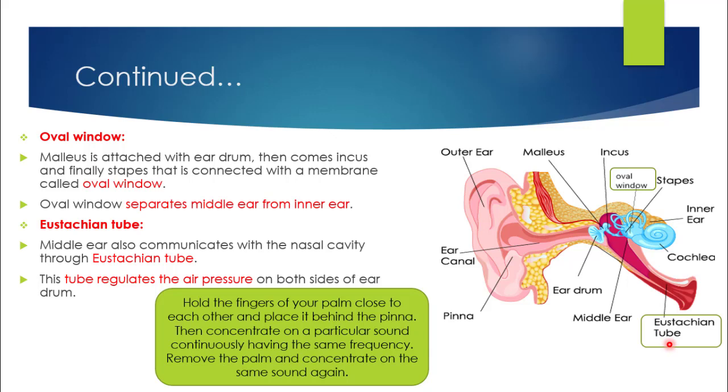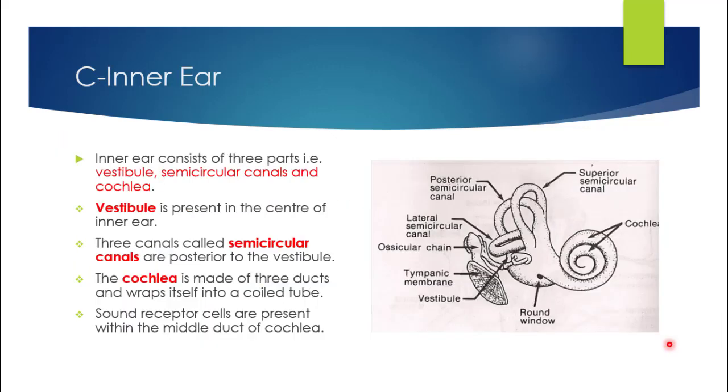Now we will discuss the last important part of ear, that is inner ear. So students, inner ear consists of three important parts, that is vestibule, semicircular canals, and cochlea. First of all, the first part of inner ear, which is vestibule, is present in the center of inner